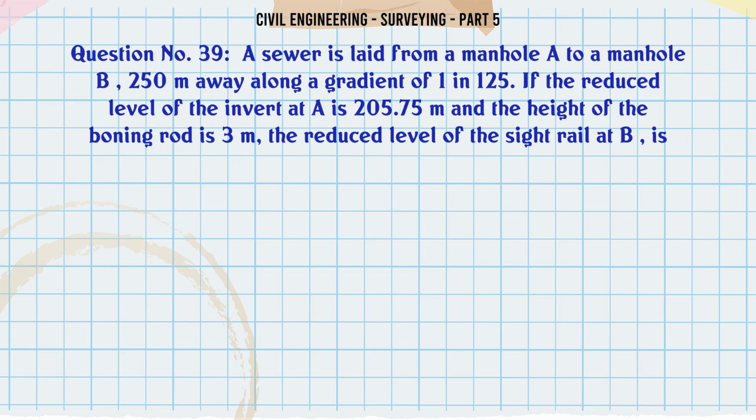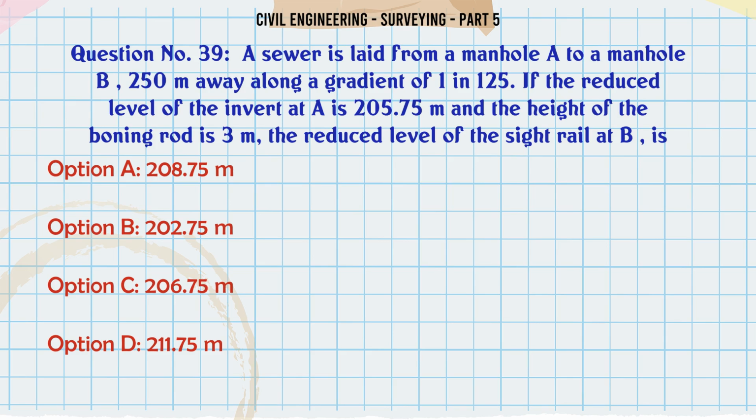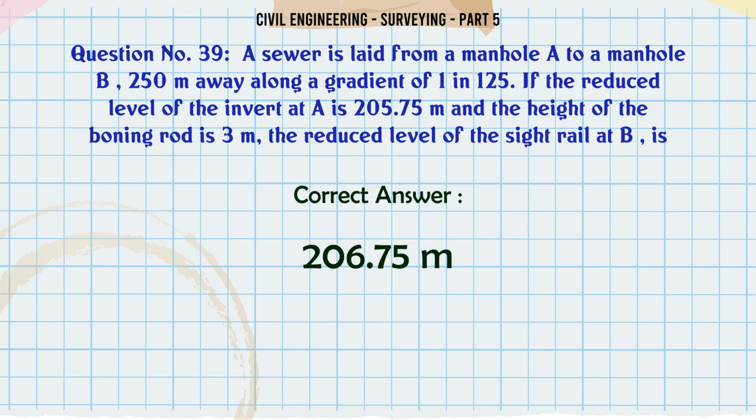A sewer is laid from a manhole A to a manhole B 250 m away along a gradient of 1 in 125. If the reduced level of the invert at A is 205.75 m and the height of the boning rod is 3 m, the reduced level of the sight rail at B is A, 208.75 m, B, 202.75 m, C, 206.75 m, D, 211.75 m. The correct answer is